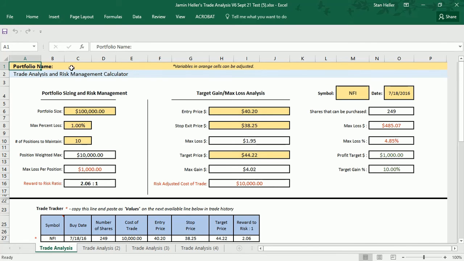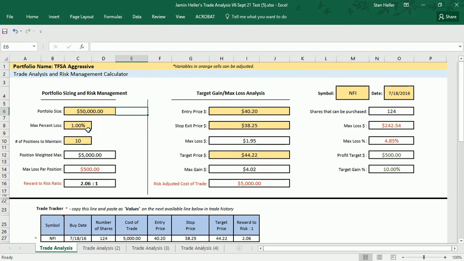You can give the portfolio a name. For example, maybe this is your TFSA aggressive, or it can be your RRSP, or whatever account name you want to give to your portfolio. And again, you'll notice any variables in orange cells can be adjusted. So the portfolio size, if this is a more aggressive portfolio, or maybe we've got a specific amount in our TFSA to work with, you would just change that. So we just highlight the cell and type in the actual amount that we want to use,